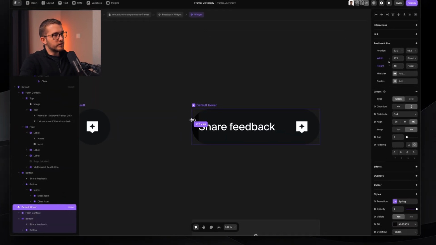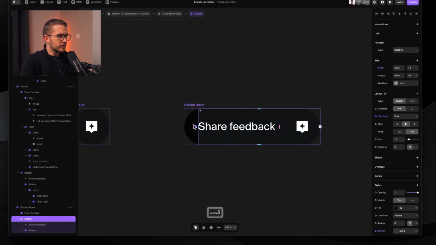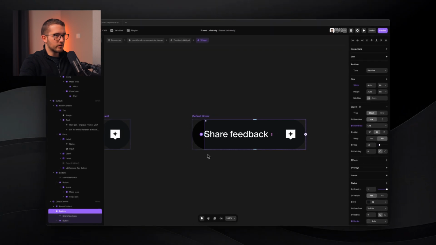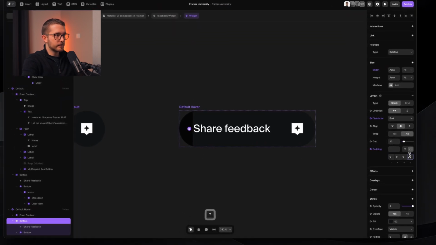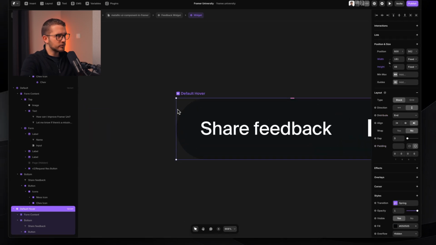Okay, so this is animated out to the left, but then this frame here needs to be having a little bit of left padding, maybe 20. And we just try to match that